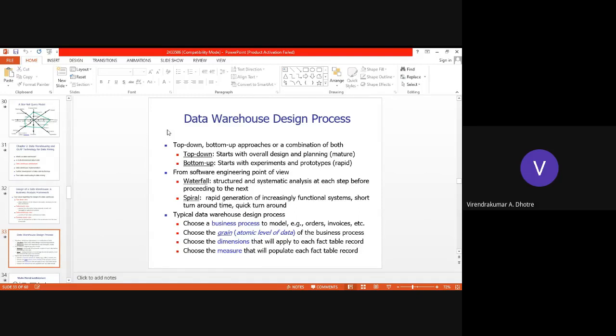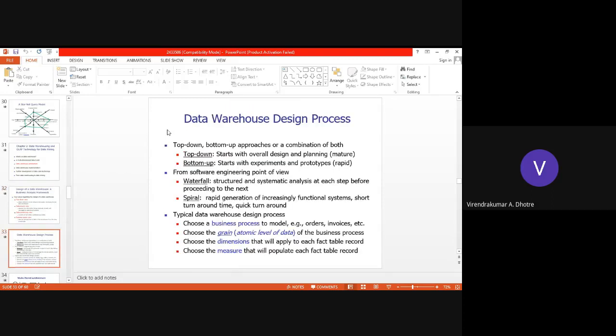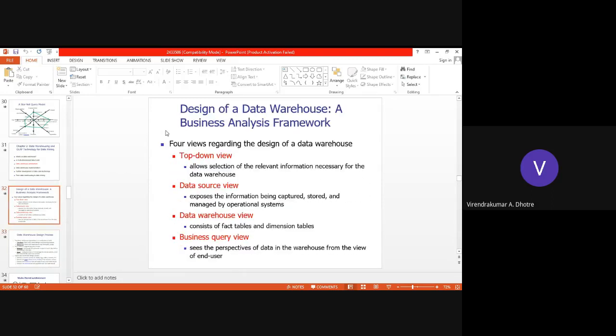When we go to the data warehouse design process, we choose a business process model because of the end user. We have seen the fourth view, the business query view. The business query view always targets end user requirements, what the end user thinks and what he wants.